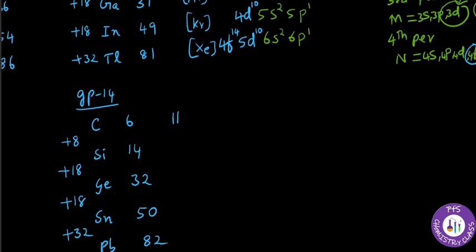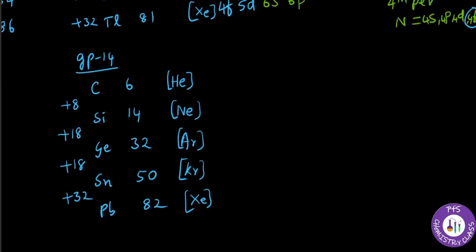Then what you have to do is write the noble gas configuration like this: He, Ne, Ar, Kr, Xe. Krypton, xenon, and radon will be for the 7th period, and we don't focus on the 7th period elements. That's all you have to remember. So what is left here? This is 1s2 as I told you before. Then what is left is 2s2 and 2p2. So the total is 6 electrons: 2 plus 2 plus 2, 6 electrons. It is over. That's all.